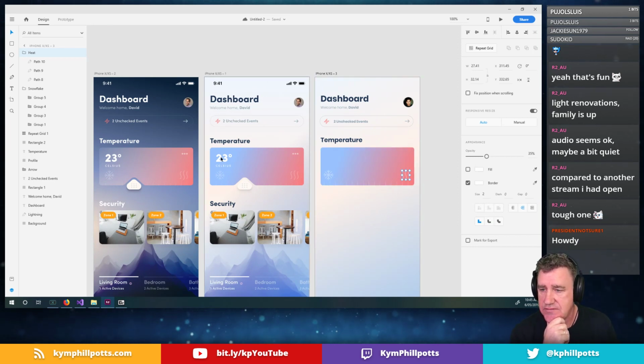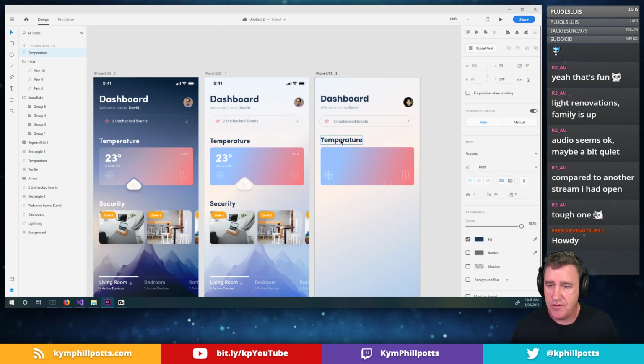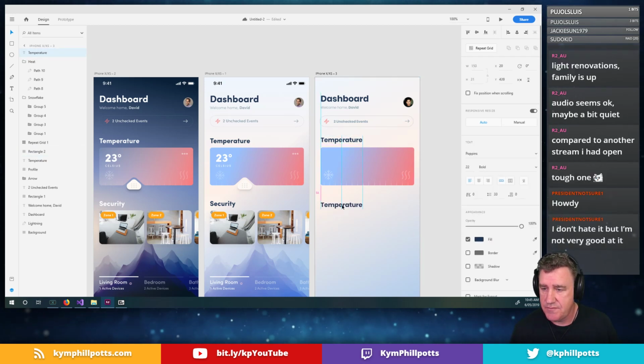Now here's another cool thing as well. Let me show you another cool plugin that exists for Adobe XD. And that is this ability here to